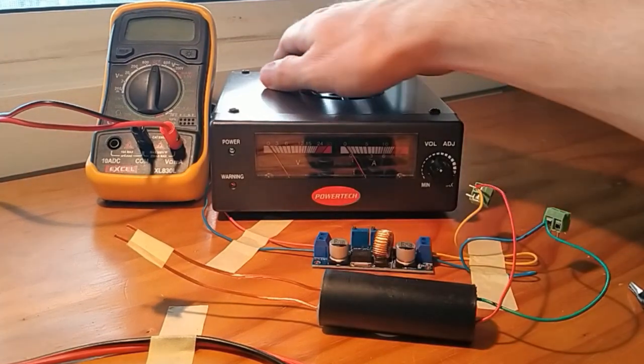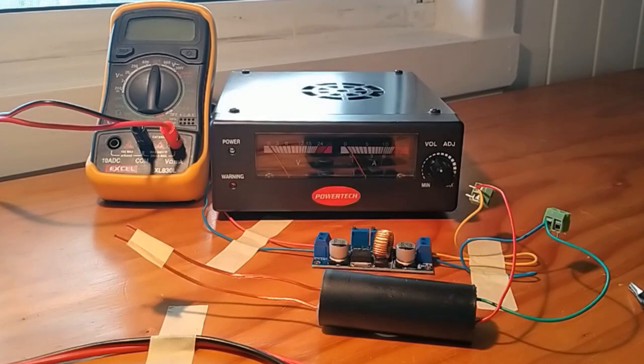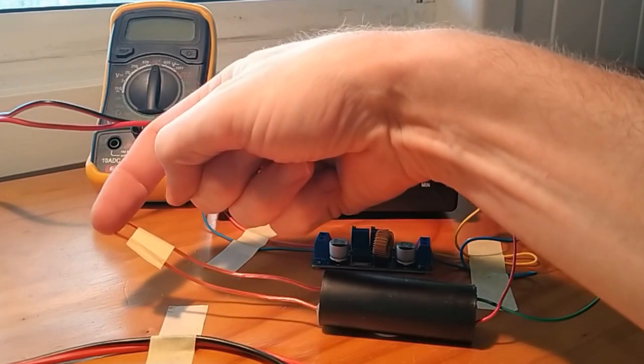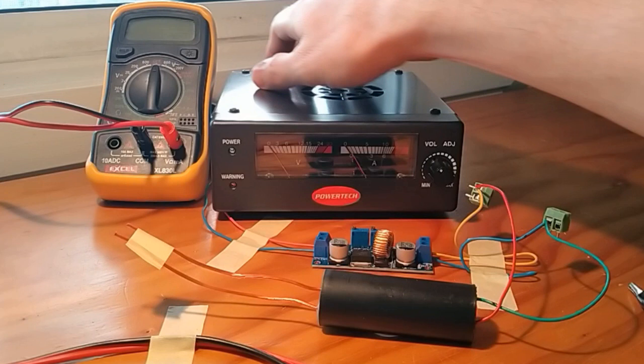So if I just power it up, it'll be noisy for quite a sec, but what you'll see is a jump of a spark across there. All I've done here is taped it up with a bit of masking tape at a gap of 1 centimeter to be able to show that high voltage. So if we power it up,